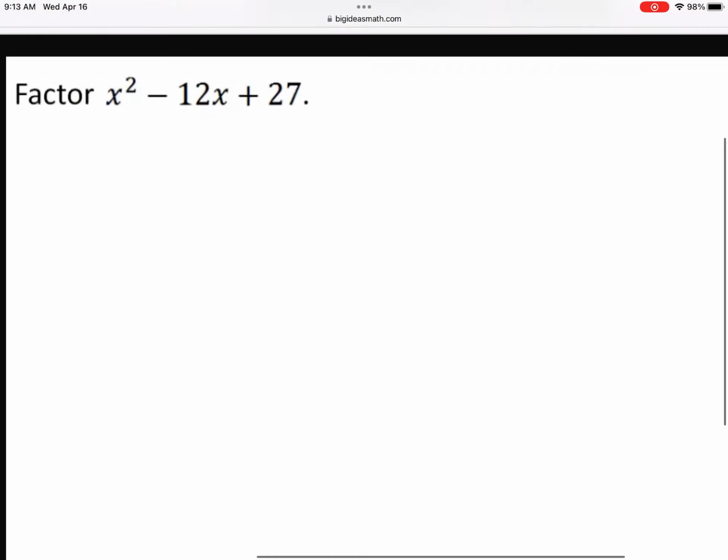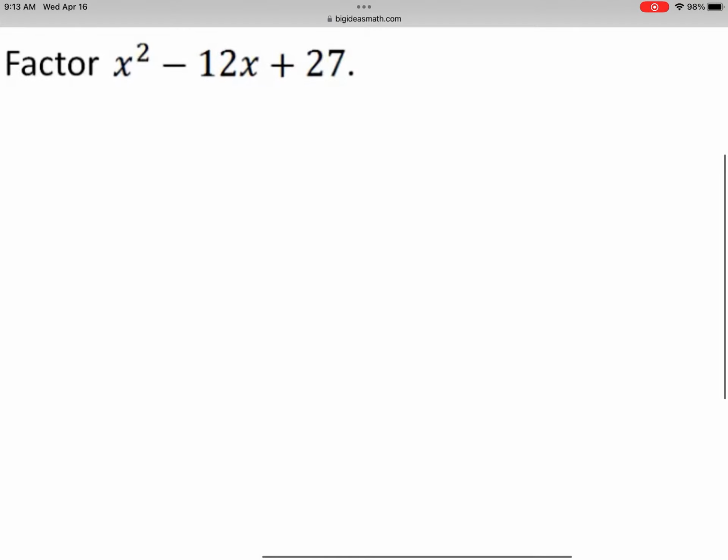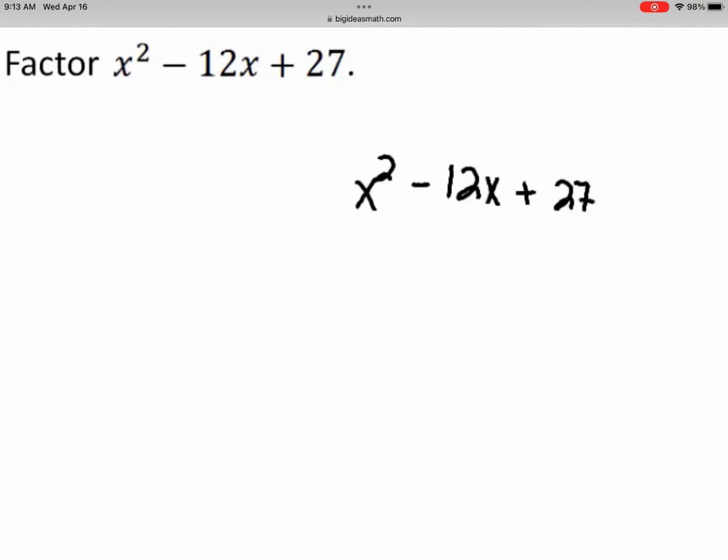Factor x squared minus 12x plus 27. Notice that x squared minus 12x plus 27 is of the form x squared plus bx plus c, where b is negative 12 and c is 27. Because x squared minus 12x plus 27 is of the form x squared plus bx plus c, it factors as